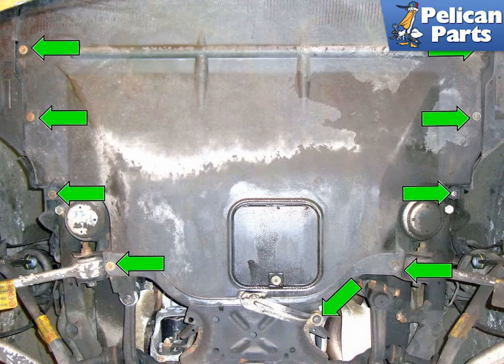On the 8-cylinder engine vehicles, locate the 9 Phillips head twist fasteners, green arrows, and turn them each 90 degrees counterclockwise. They should pop out or become loose after you do this. There is a metal bracket at the back of the splash shield. You can take off the fasteners at either end, but we recommend you take off the one attached to the